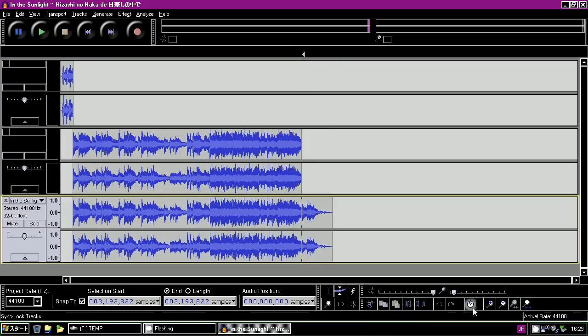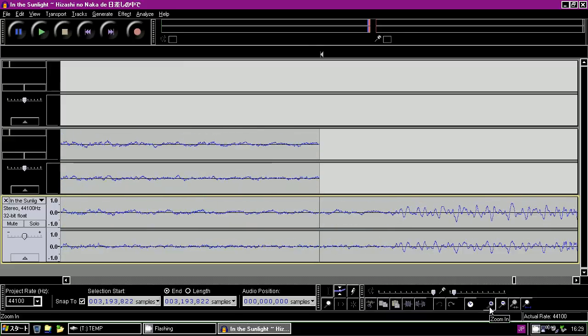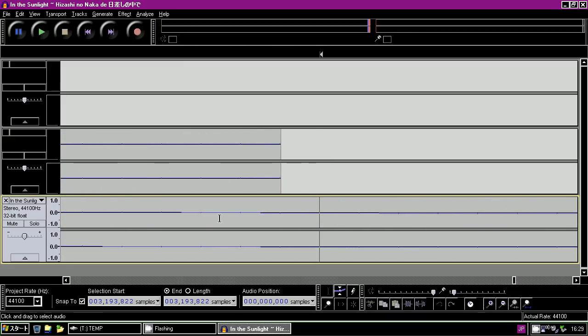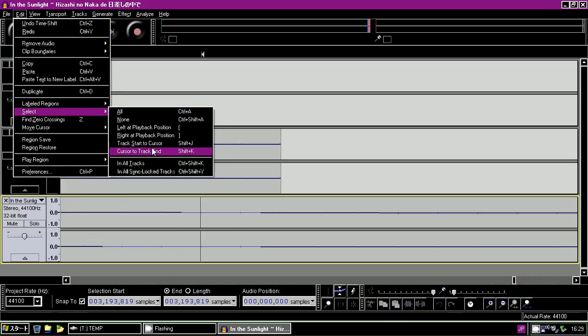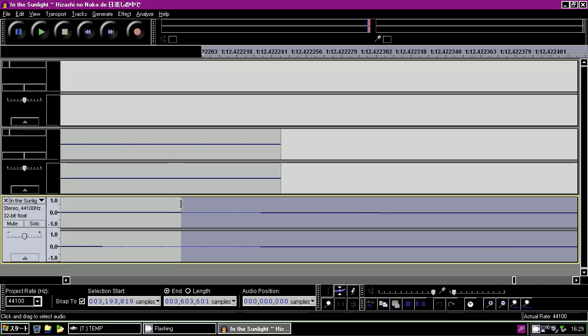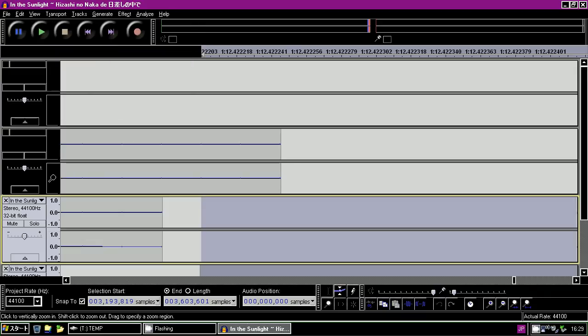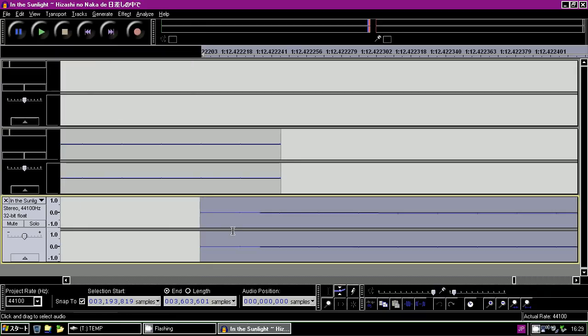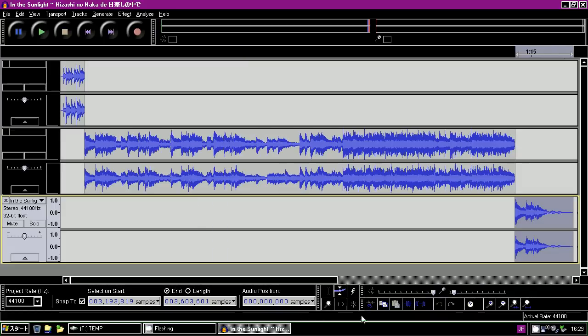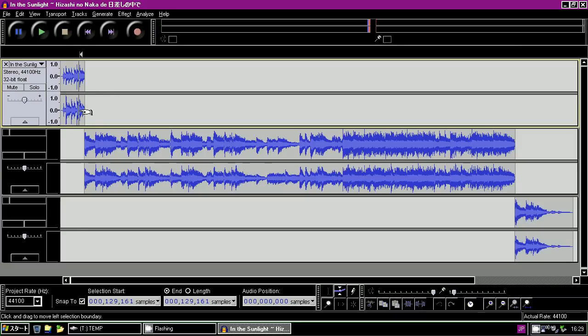I want to go to the end. And because I'm feeling OCD still, I'm going to zoom in and double check. Oh, let's do it over here instead. And select, press second. There are keyboard shortcuts for these kinds of things, but just so I can show you what I'm doing, I'm not using them. Okay, so we've got the outro now. Move it back in line. So everything's lined up perfectly. Let's check everything one more time.